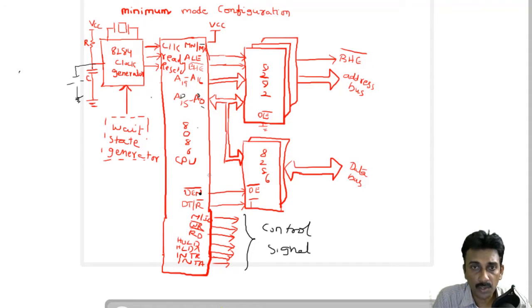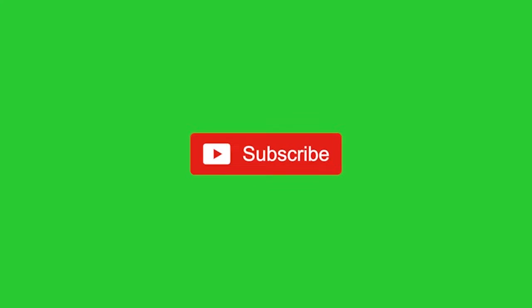In the previous videos also we covered a lot. Once the drivers are enabled, the data will be transferred from the processor to the peripheral devices or from the peripheral devices to the processor. This output enable is going to be 0, which is controlled by the data enable. DT/R bar is used for the data transmitting and receiving operation.